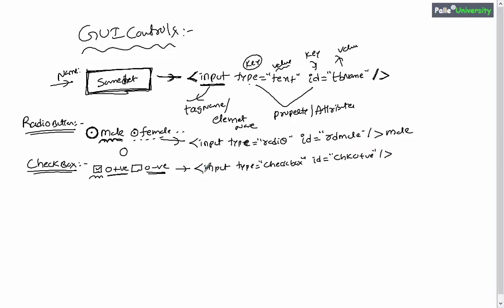So again, remember when you write input type equals checkbox and something, usually the code will display only a square box, but not the content next to the square box. So in order to display the content, I have to write some plain text. So this is how you will be creating the checkboxes.